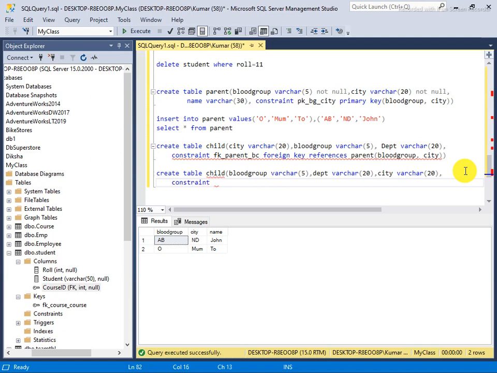Constraint fk parent city and blood group, foreign key, references parent table, and I am saying blood group and city.